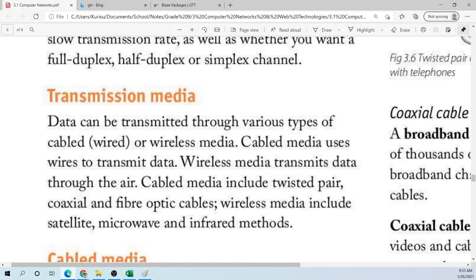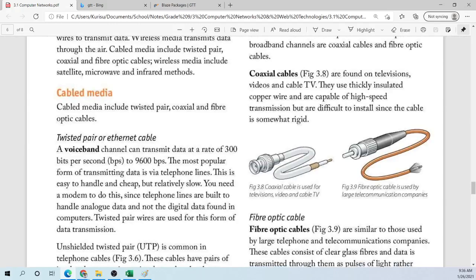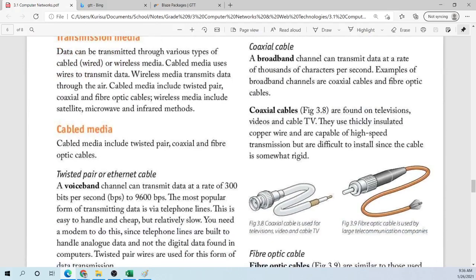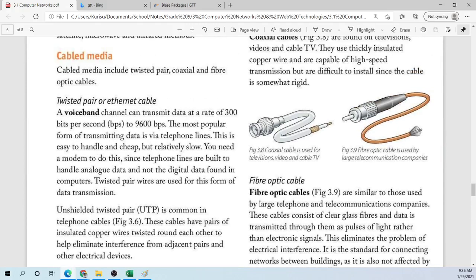So, like I said last week, it does not matter what method you use to connect to the network. Once you are connected, you are able to transmit data. So it can be wired, it can be wireless, the network does not care. All depends on what you can use at the moment. So we're going to look at the descriptions of cables first, and then we're going to look at wireless. So for cable,